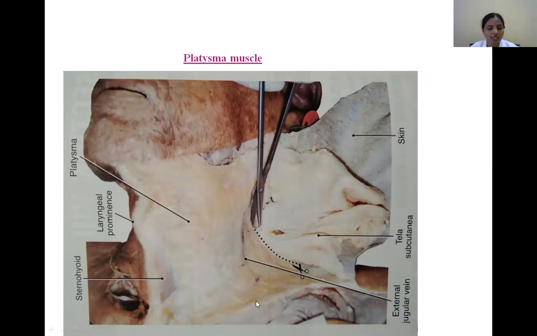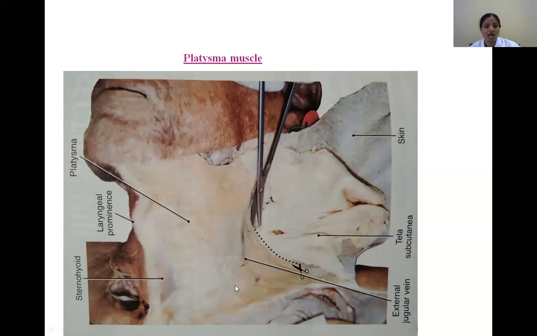After taking origin, what happens? All these fibers ascend obliquely, not vertically. By its oblique nature, it covers part of the neck, not the entire aspect of the neck. Okay. So it forms the roof of the inferior part of the posterior triangle, whereas the upper part of the anterior triangle, so that it is not covering the entire side of the neck.